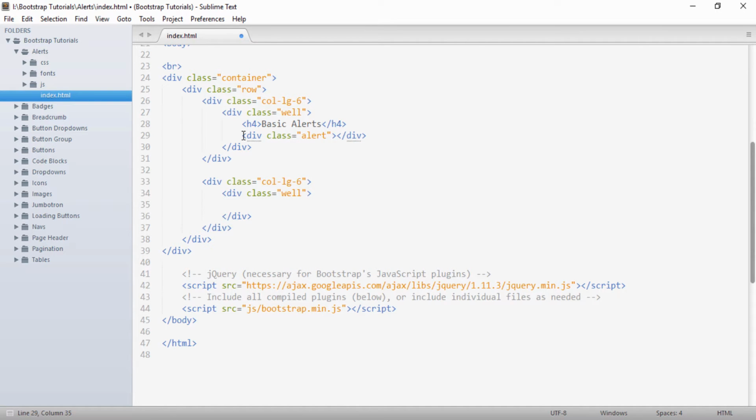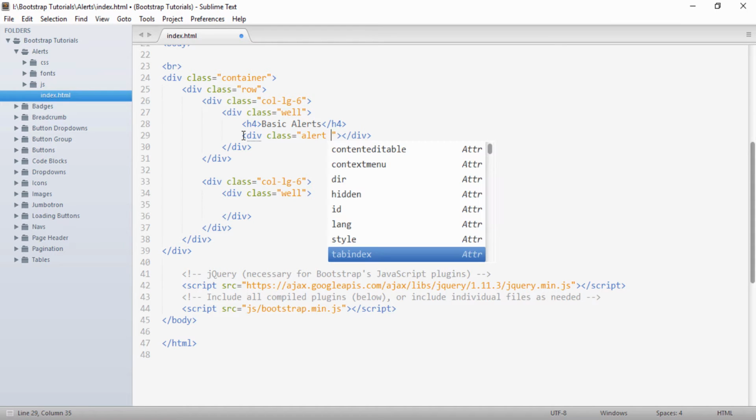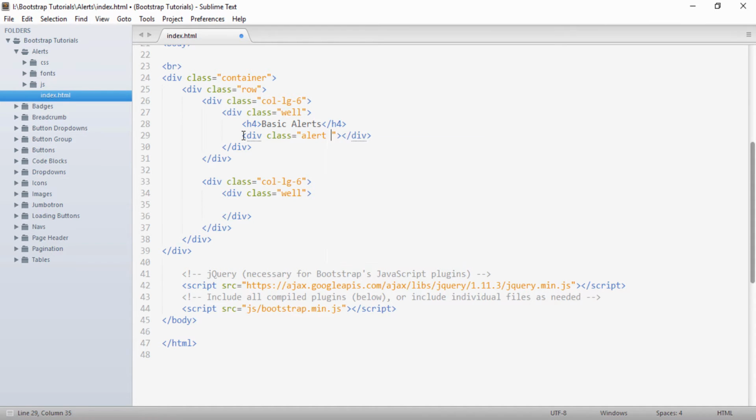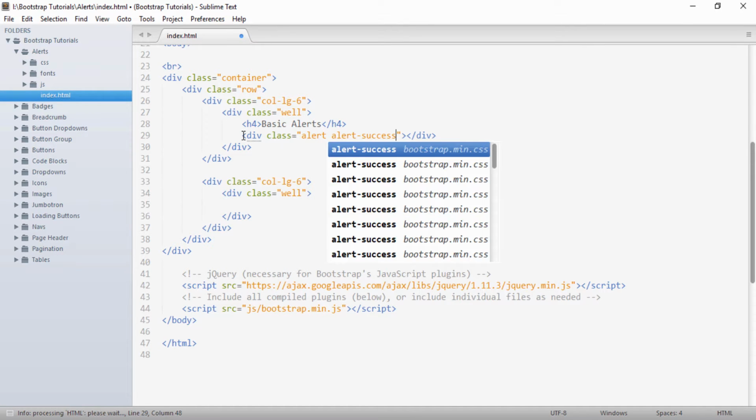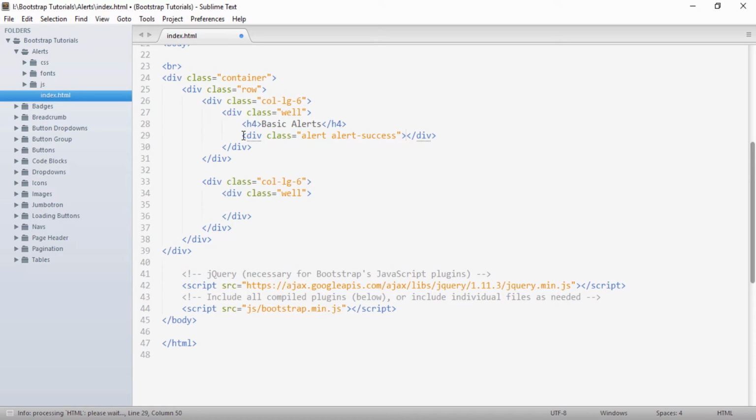Let's say if you want to create an alert which shows some positive action to the user, for that we have to use another class with alert as alert-success. So let's say if we provide a message here, we have displayed a message as success, registration complete.